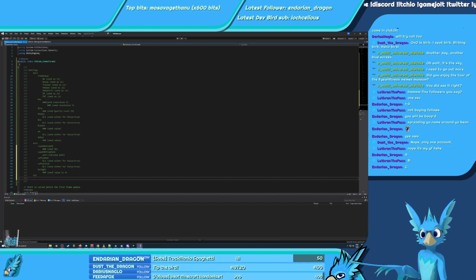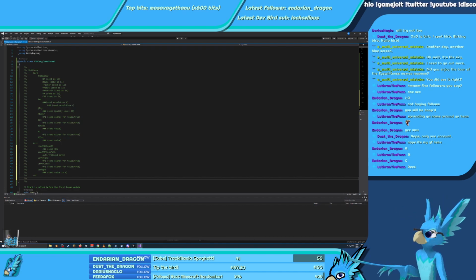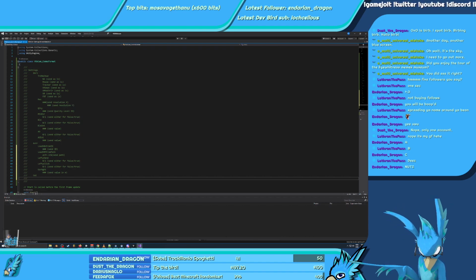Look at the mess of the burp coding, whatever this is. A, B, C, D's. And I see where it's going. Don't do it. Don't do it. Damn it.